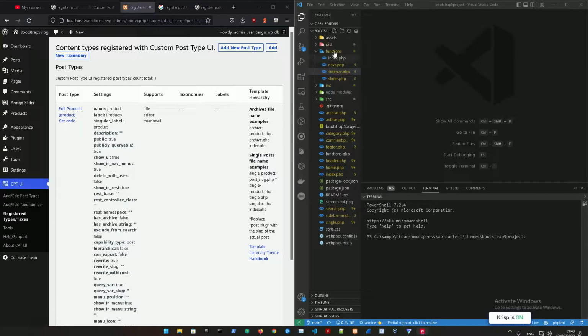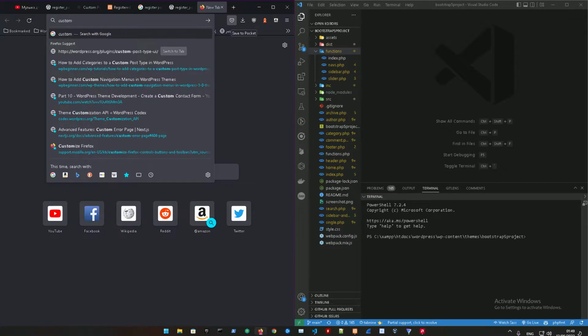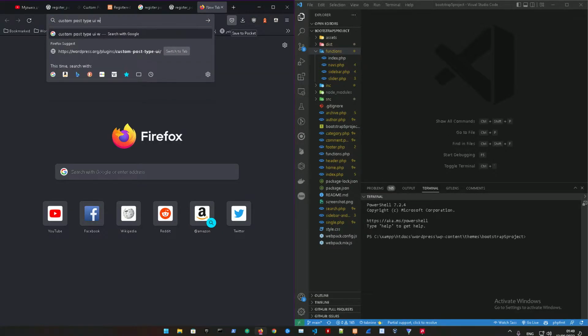But right now, we're not gonna actually do the gallery, we're gonna do something better. We're gonna do a product post, and it's gonna be a product custom post. But right now, I just wanna show you a plugin, you guys. You don't have to use this, but it's gonna help you in writing this code. So just go to Custom Post Type UI, WordPress,